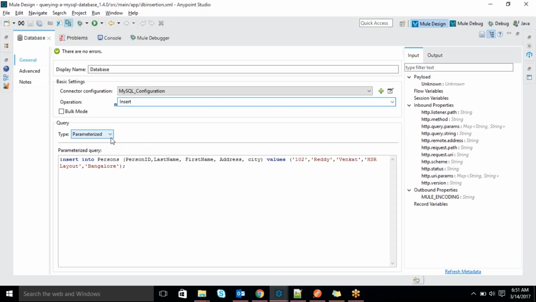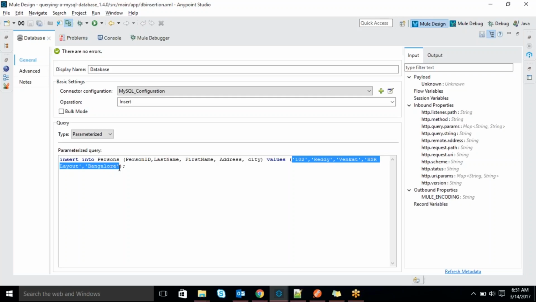Next, here we have different types of queries. We have three types: parameterized query, dynamic query, and prompt template. Parameterized query is equal to a prepared statement in Java. If you use a prepared statement in Java, then wherever you send the information, I mean when we insert information, in place of the data it goes as a question mark internally, which is for security.